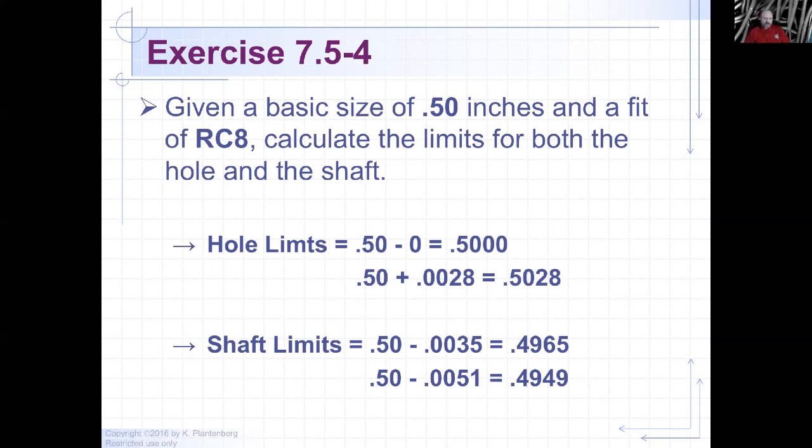Okay, you get your hole limits there by subtracting that out, and then you do the same with the shaft limits. Now you can see that it's a running clearance. Your shaft is always smaller than the hole, and RC8 has a lot of